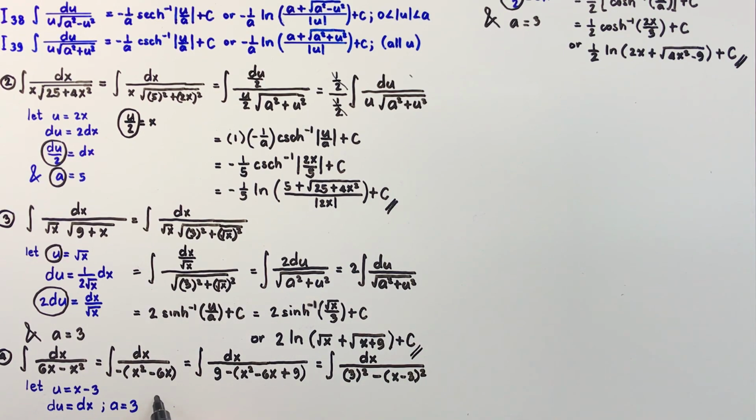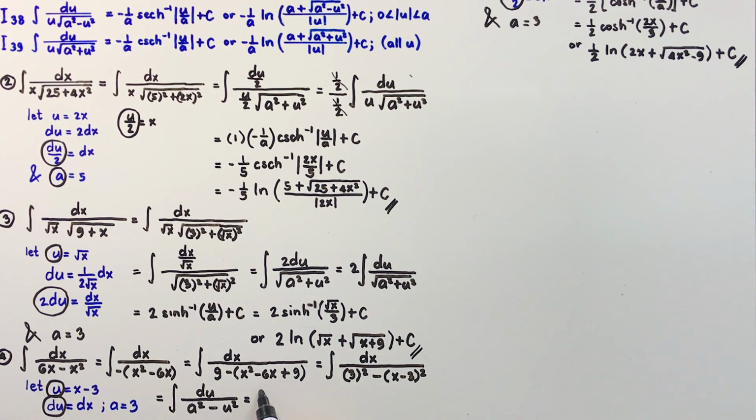And by substitution, we have the integral of du, because the representation of dx is du here. So instead of writing dx, you will write its representation, which is du over a squared, because 3 is a. So this is subtracted by u squared, because x minus 3 is our u here. So applying formula 36,